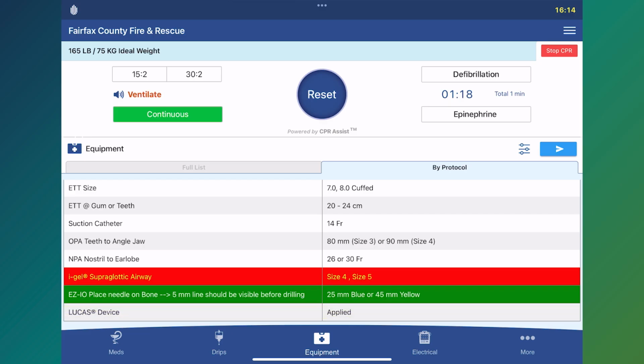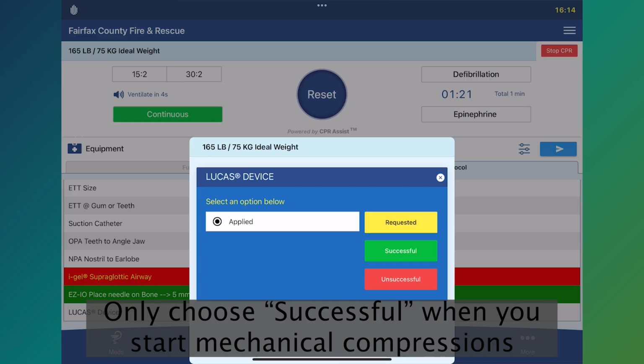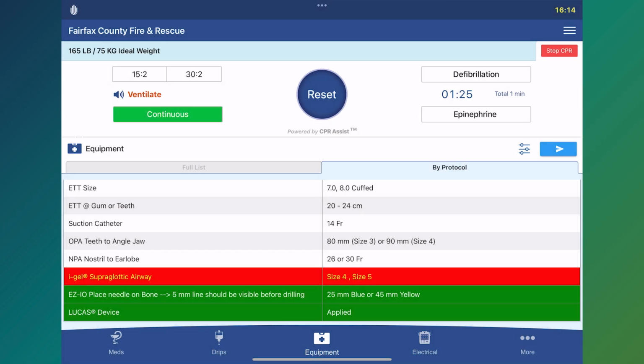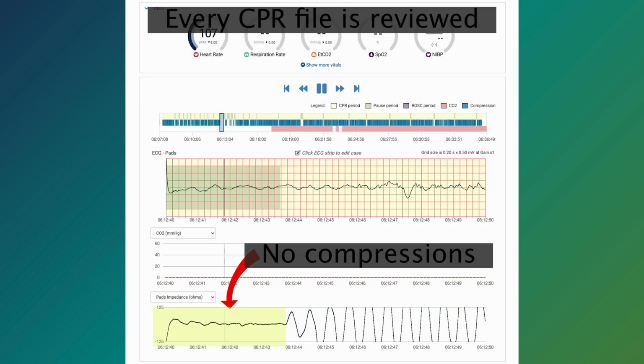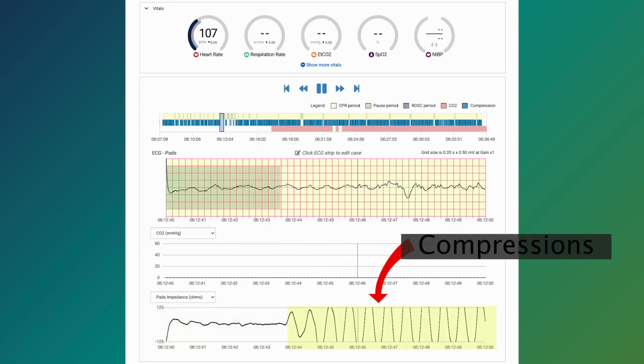A note about the Lucas device. Only document successful for the Lucas when you actually start mechanical compressions. If you encounter a problem getting it to fit on the patient or compress, document it as unsuccessful. The QA/QI team reviews every CPR call, and having accurate data is very helpful when reviewing the continuous ZOLL files